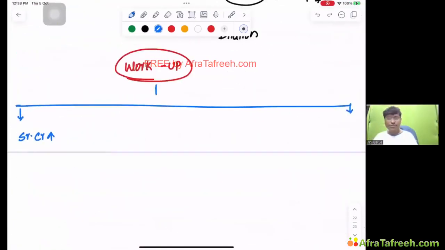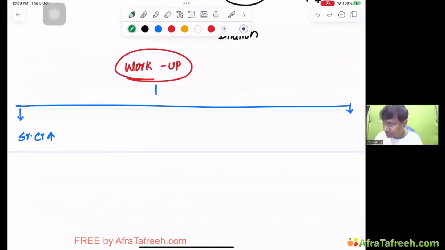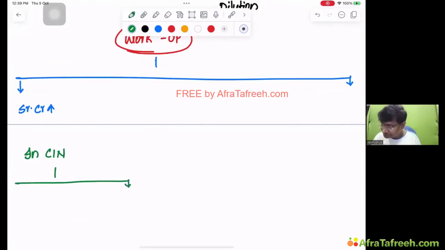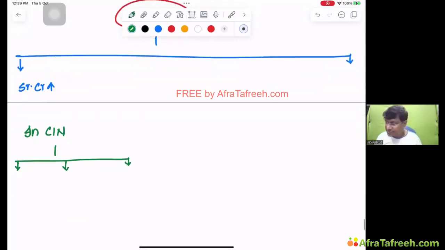Right. So the serum creatinine is elevated in patients with acute kidney injury, but there is one particular pattern of rise in serum creatinine in contrast-induced nephropathy. So if you take CIN, what do you mean by the word CIN? CIN stands for contrast-induced nephropathy. So in contrast-induced nephropathy, the serum creatinine will start rising. How much will it rise? It will increase